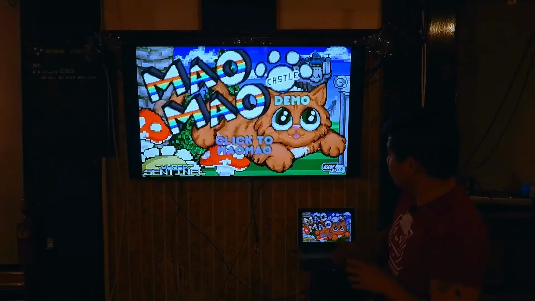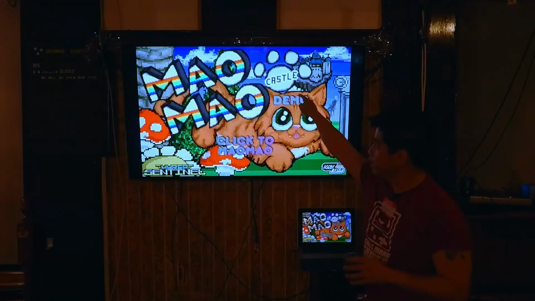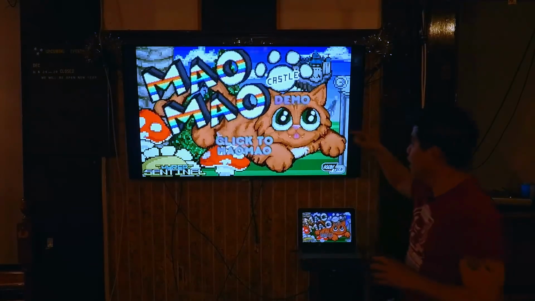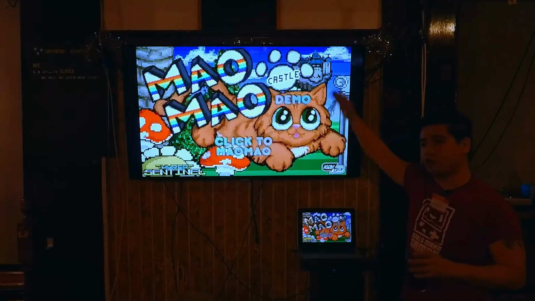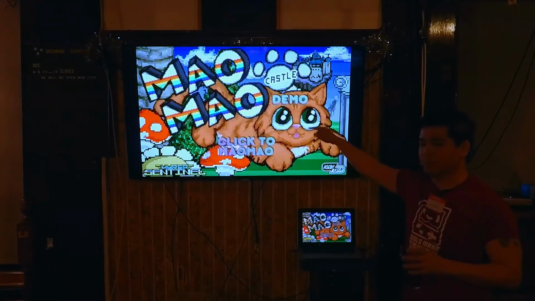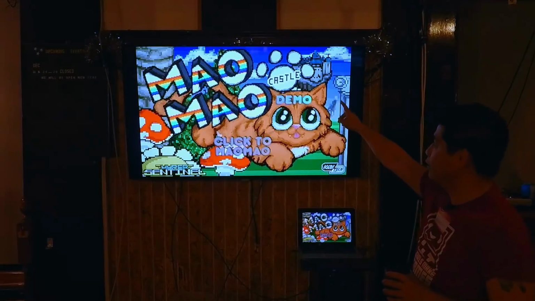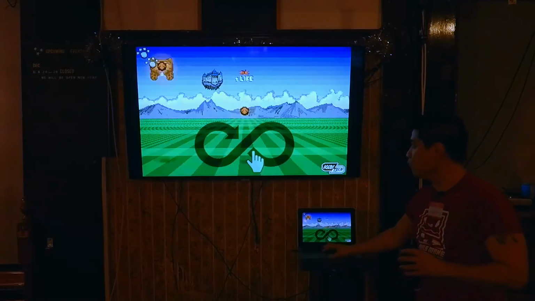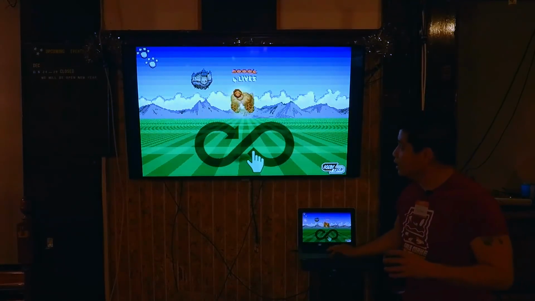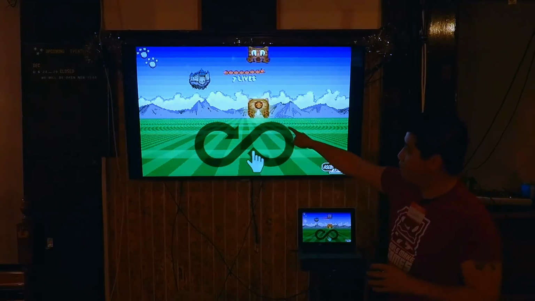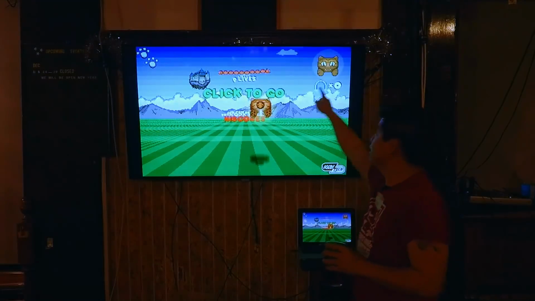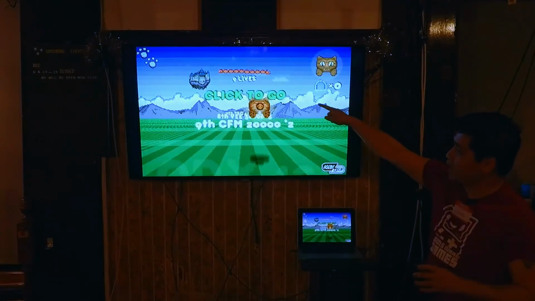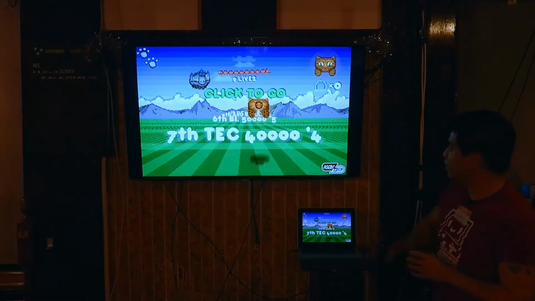So you can see that in here, and actually the cat and the castle are also moving in the figure 8, but only in the vertical movement rather than left and right. So the values I'm picking for the cat and the castle are from that as well. You can see Mau Mau's butt is moving in a little figure 8. That's his head. The text is moving in the figure 8. The paw is